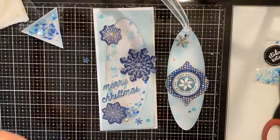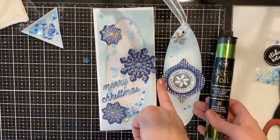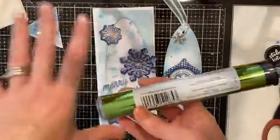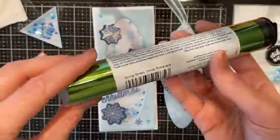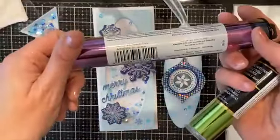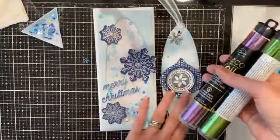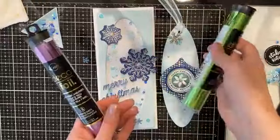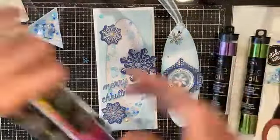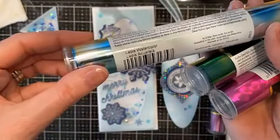And then I just wanted to show you, we have a couple more minutes before I let you go. That deco foil, we used the silver sparkle, and this is just a couple more that are in the shop, but there's tons in the shop. So this one, Spring Green, these are some of my favorites. So I just wanted to share them with you. This Amethyst watercolor, if you were doing a purple or a traditional color Christmas card, would look beautiful. And a couple more here I thought were pretty. The Lapis watercolor,